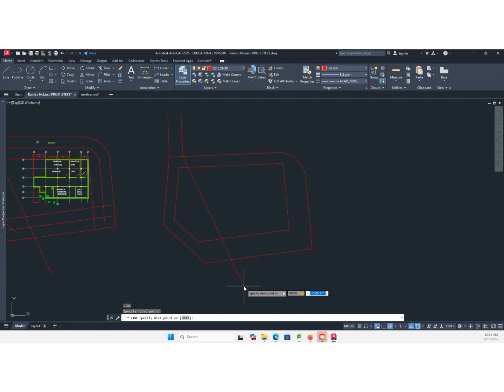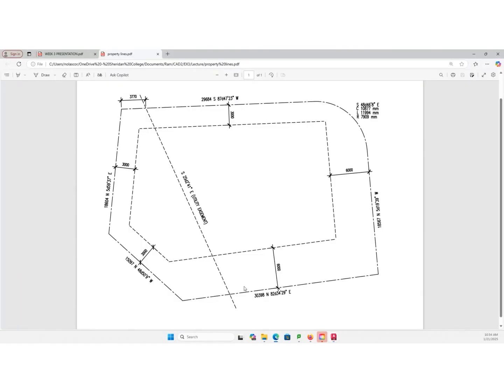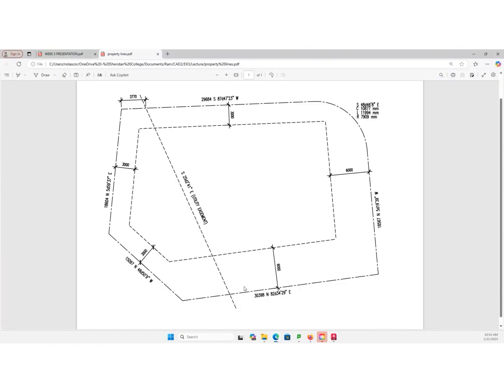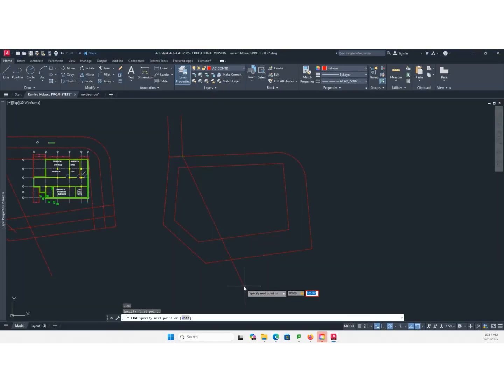And then I type south 25 degrees, 2 minutes, 41 seconds. I don't have the less than symbol again.